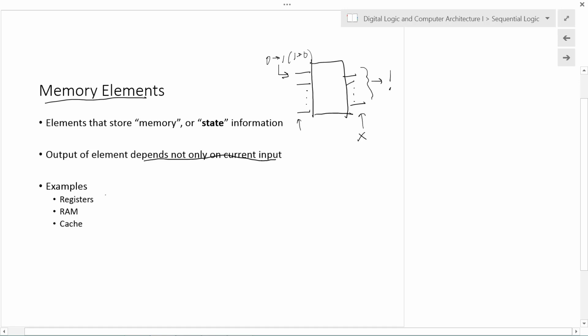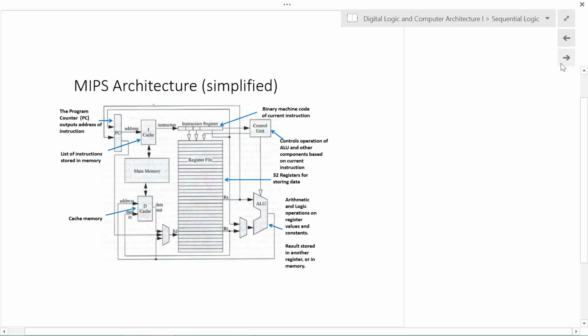Some examples of these are registers, RAM, or random access memory, and the cache, the memory cache. If we look at a MIPS architecture, for example, a CPU architecture here, we can see it's composed of traditional combinational logic circuits and also circuit elements that store memory or state. So some examples of